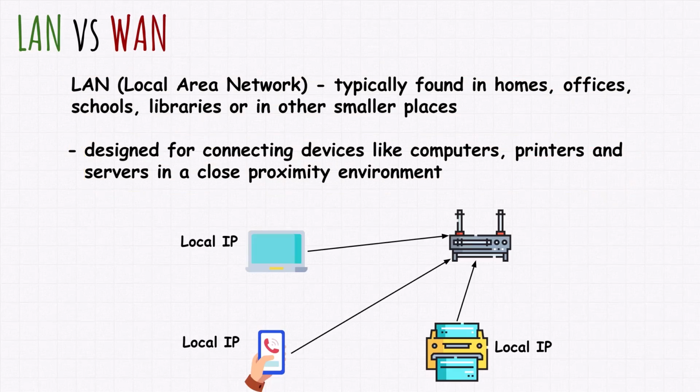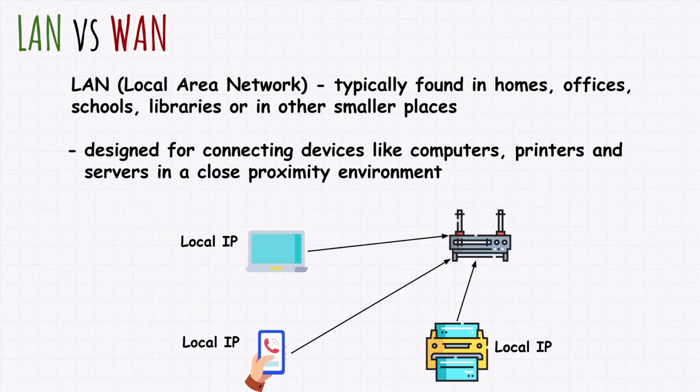So let's, for example, take a home network in this case. Your home network is a local area network, or LAN. It consists of several devices, including your laptops, computers, printers, mobile phones, and a router. Now, a router is a device which we'll talk about in more detail in the next lecture. But for this case, just remember that a router is an important device inside a network. All these devices are in close proximity of one another, which is why it is called a local area network.